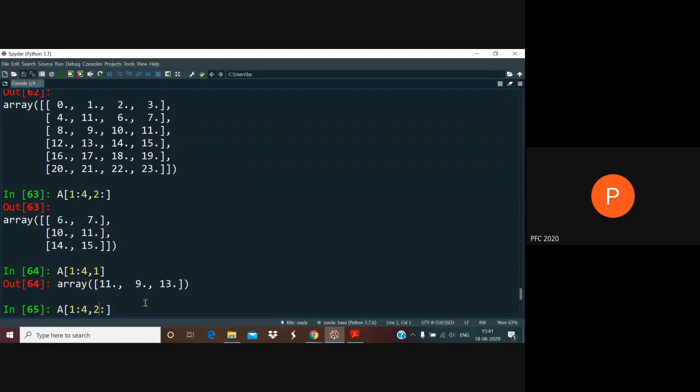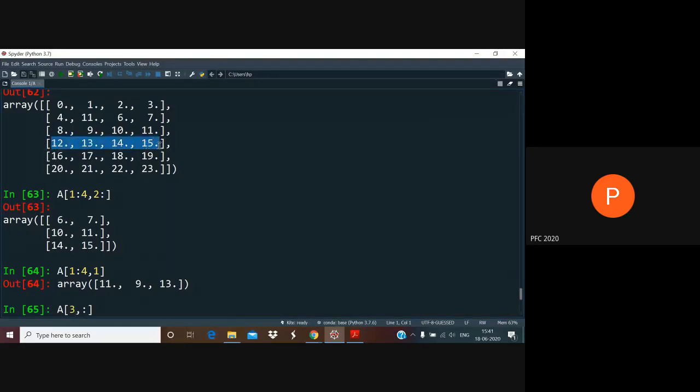So one thing that's going to be pretty useful for us is something like this. Suppose I wrote A1, comma, colon, or maybe A3, comma, colon, let's say. It means I'm going to set the 0th index as 3, and I'm going to take all the values of the 1 index, which essentially means this is my 3rd element along the 0th axis.